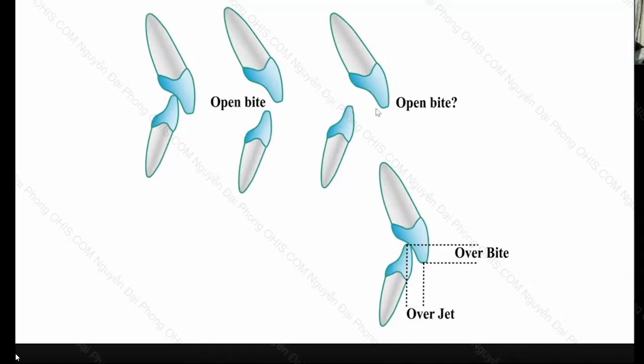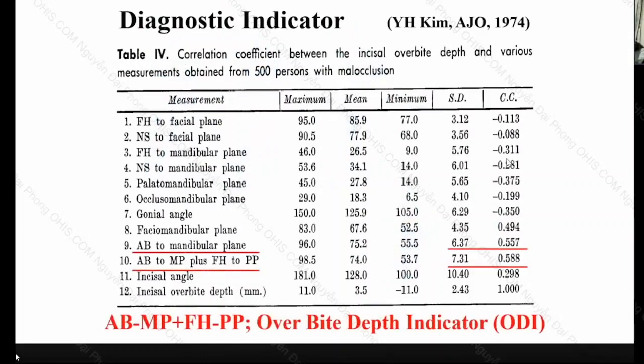Therefore, he published this paper. He tried to find some skeletal factor to indicate anterior open bite. Then he did so many measurements, but finally he discovered the most